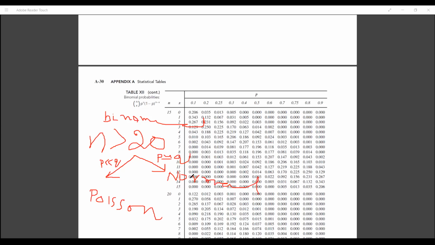So we switch the binomial to the normal distribution if n is greater than 20 and P and Q are closer to each other. This is called the normal approximation to the binomial distribution. And if P and Q are very distant from each other, suppose P is 0.0001, then Q will be 0.9999. In that case, we prefer to use a Poisson model. So we will discuss the binomial, Poisson and the normal model in the rest of this presentation.